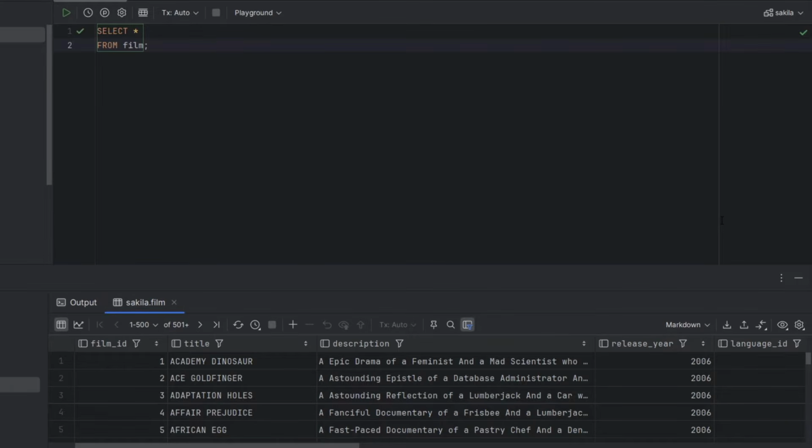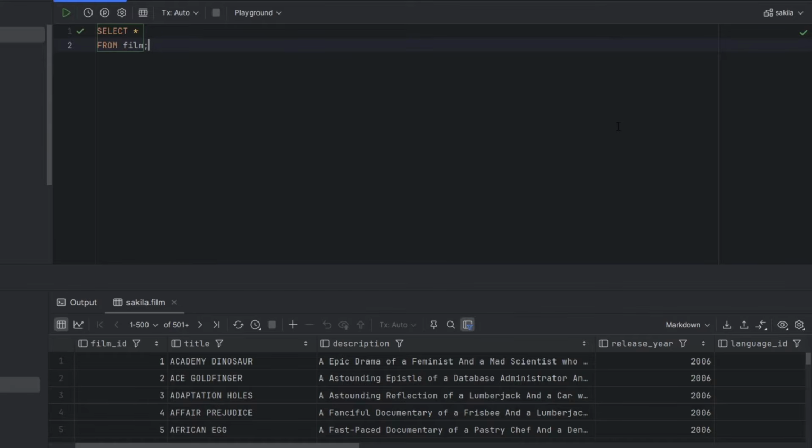We can solve this in two ways. We can either qualify our table name by putting the word Sakila, then a dot before the table name. Or we can select our schema from the drop-down on the right, where it says Schema. It looks like DataGrip has selected this already for me. When you select your database, you can run the query again and the results are shown at the bottom.